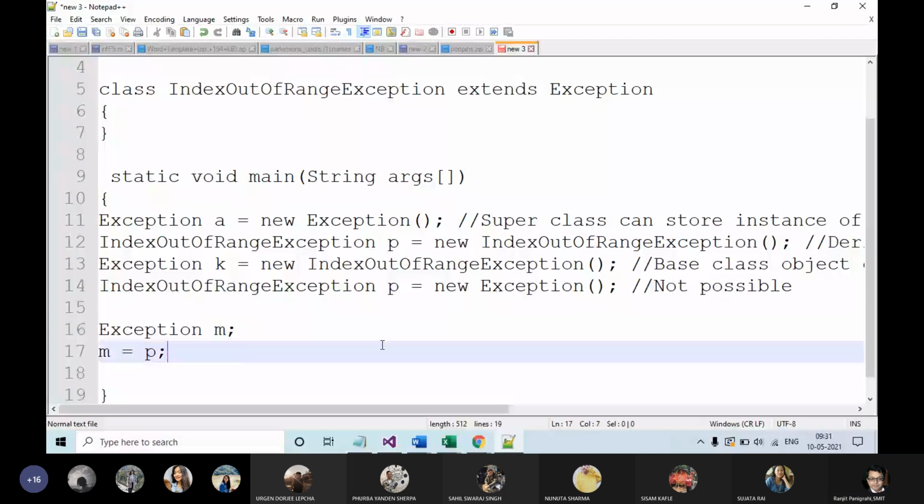अब यहाँ पे देखो, exception class is the super class, index out of range exception is the derived class. Okay. So therefore, the object of exception class can hold instance of what? Derived class. That is index out of range exception class. Similarly, exception class object can hold instance of its own class, that is exception class. ये दो चीज समझ में आया अभी सिसम? Yes, sir. Okay. I am deleting these 2 lines.